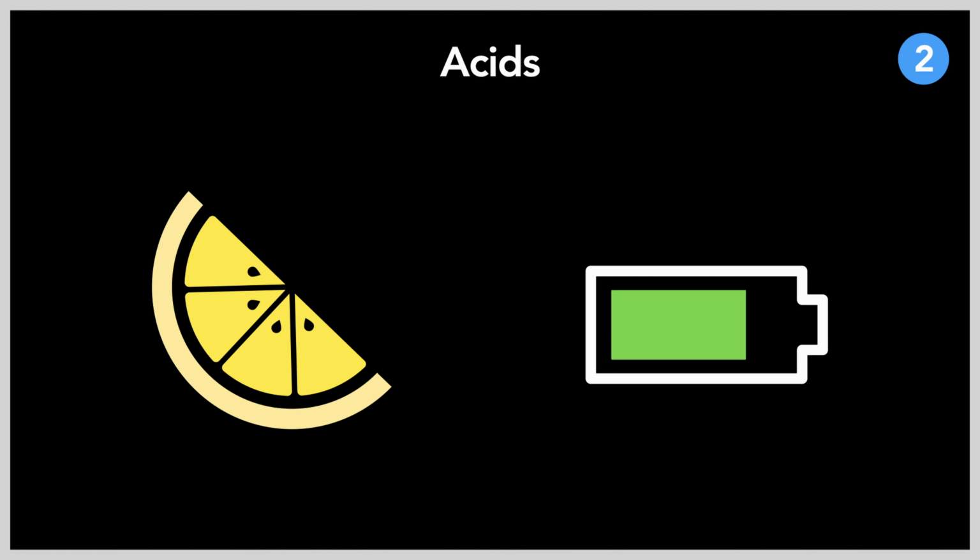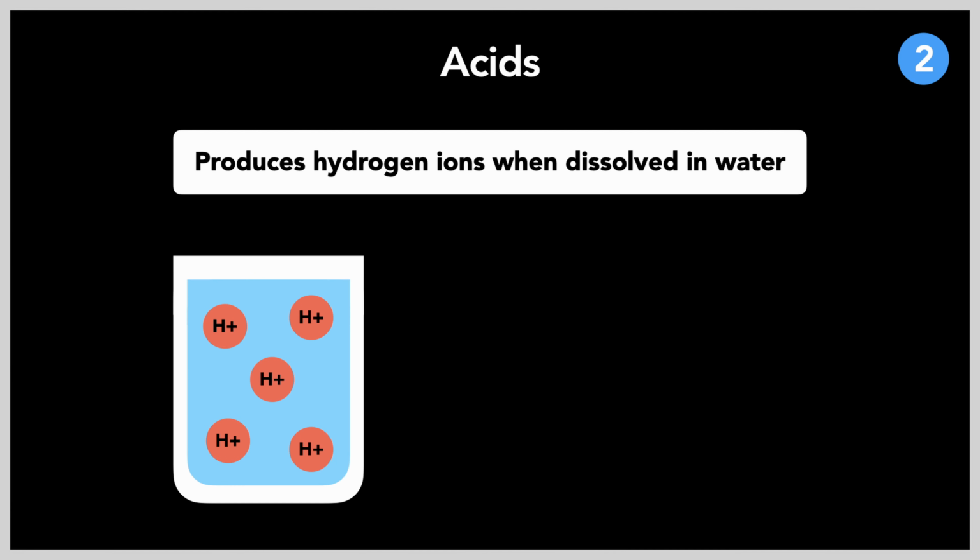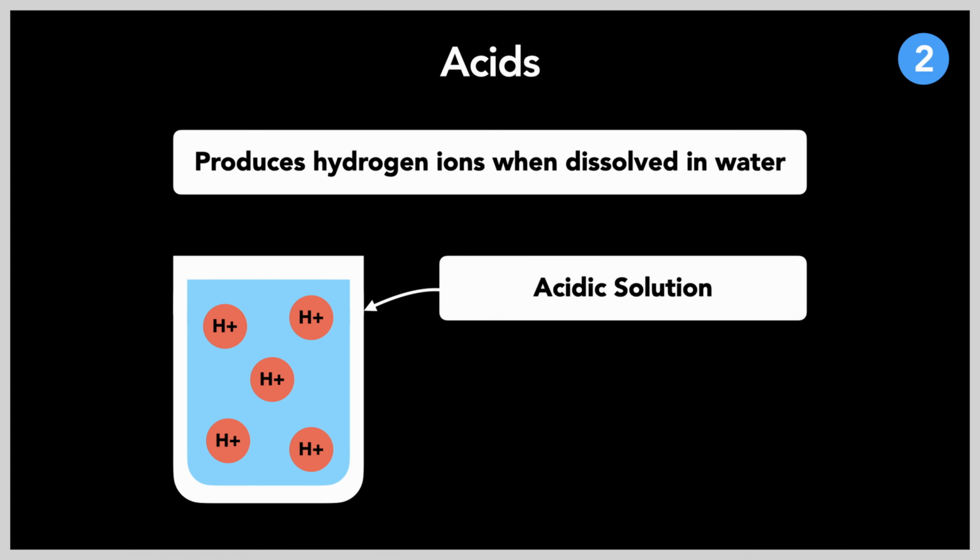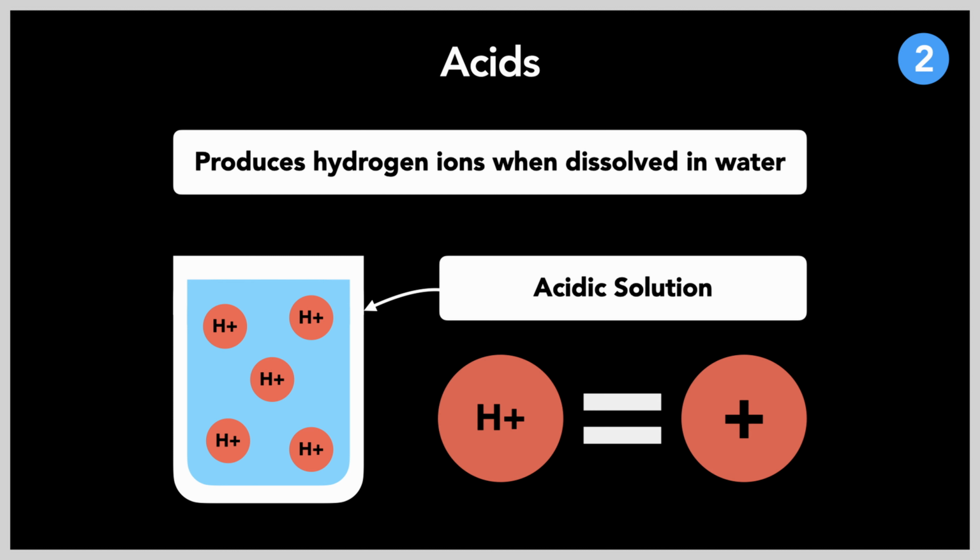There are many different types of acids. Citric acid makes fruit taste sour. Sulfuric acid in car batteries. All acids have this one thing in common. They all produce hydrogen ions when dissolved in water, also known as H+ ions. Solutions with plenty of free H+ ions are called acidic solutions. Because of hydrogen's atomic simplicity, a H+ ion is the same as a proton. Thus, acids can be a source of protons in an experiment.